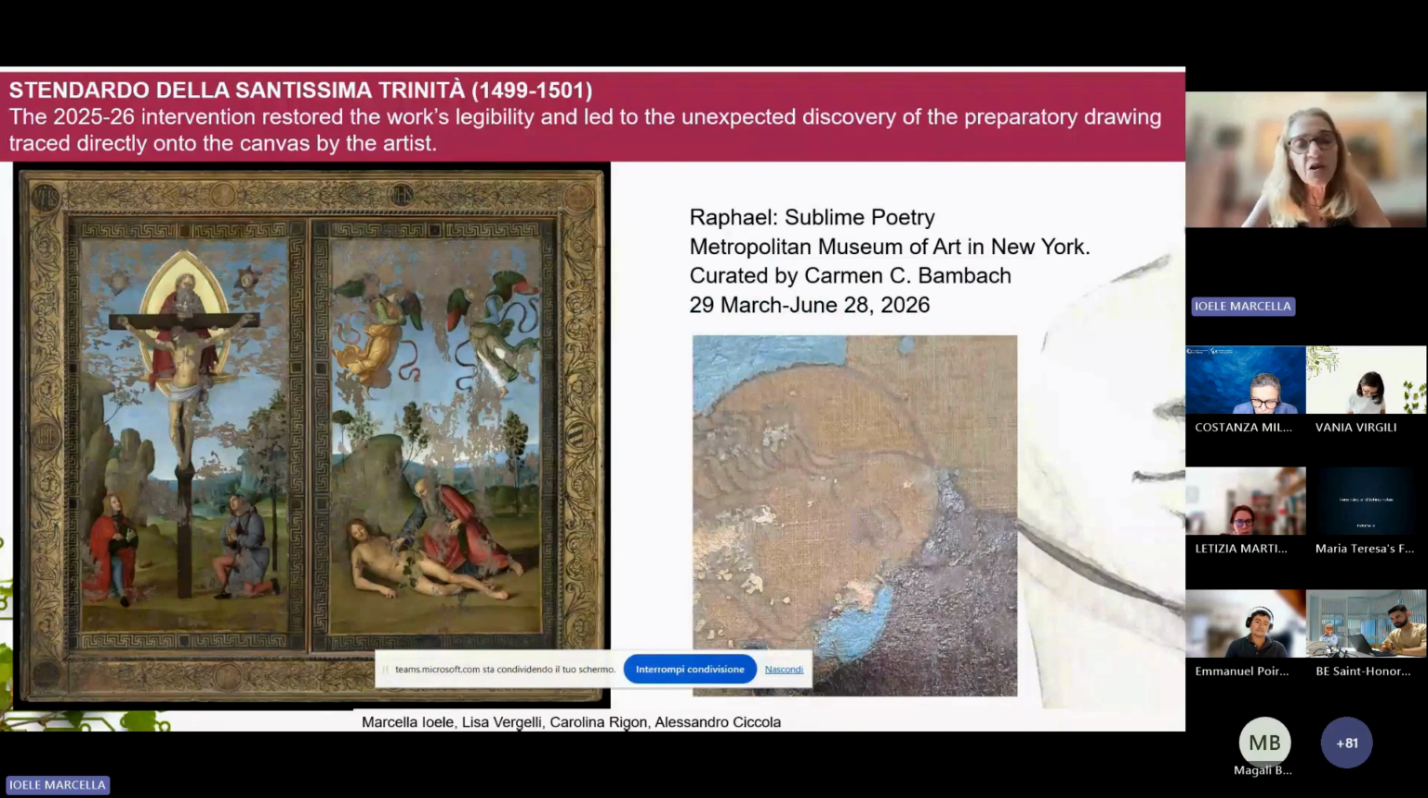The Stendardo della Trinità has come back recently; it was transferred at the end of March to New York, and it was exhibited in the Raphael exhibition at the Metropolitan Museum of New York, curated by Carmen Bambach. So what we did, since it was absolutely forbidden for us to take any sample,